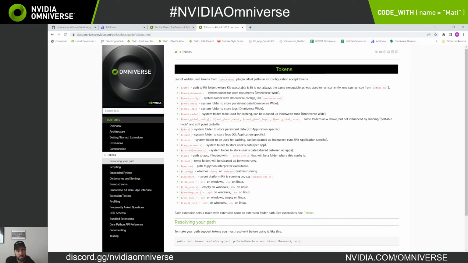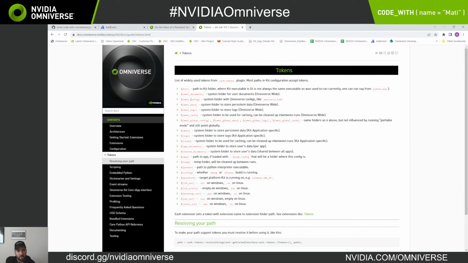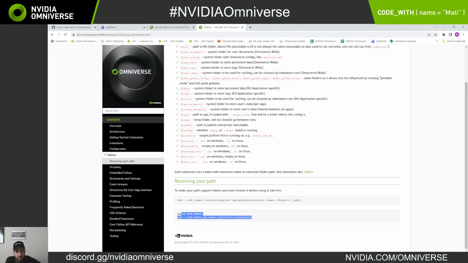So for that, I could put it in shared documents, which is shared between all apps. And it stores users' data. Or I could put it into Omni data, which stores persistent data Omniverse wide as well, so shared between apps. And I think I'm going to go for Omni data. Let's find out where that is, first of all. So you take that, or I'll just take this. And you take,